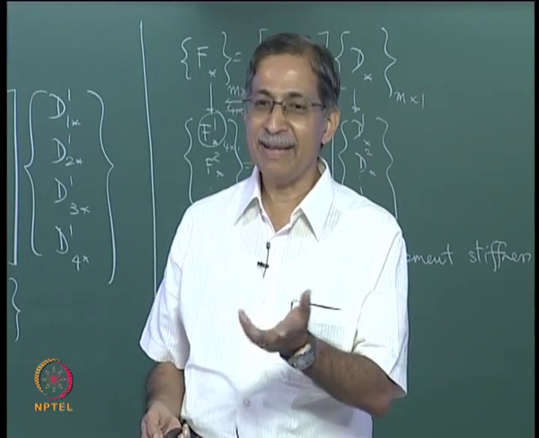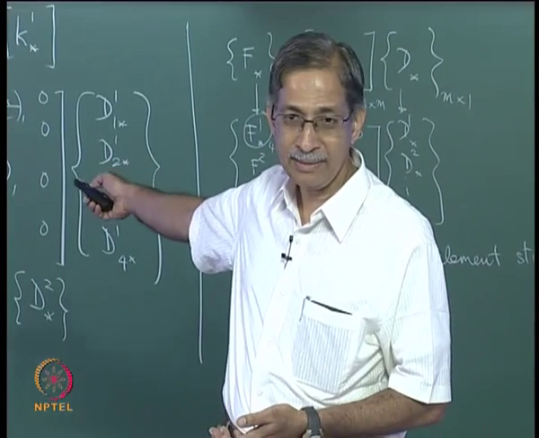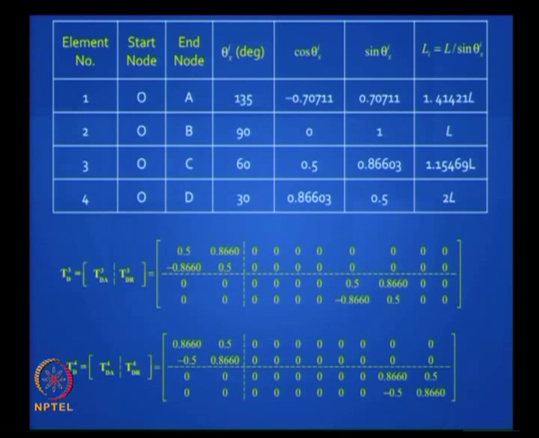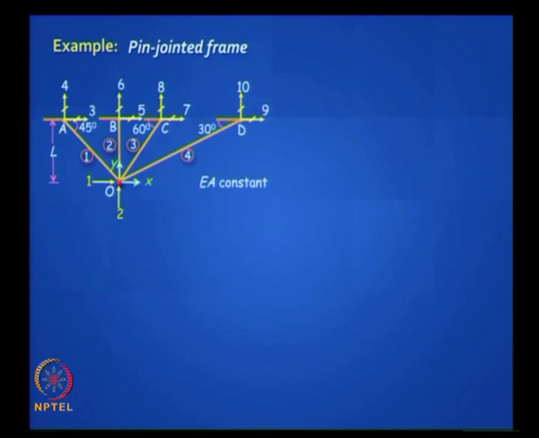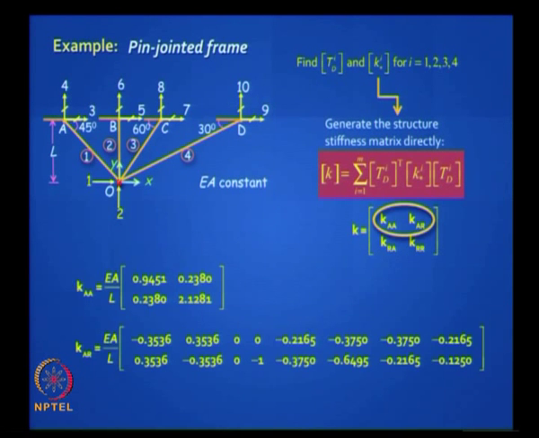K star is very easy. What is it? It is the same, it is this one, right. You can play the game and you can actually work it out. It is very easy to do it. And find TD and Ki as we pointed out, generate this, sum it up, and you will get to exactly the same form, right.